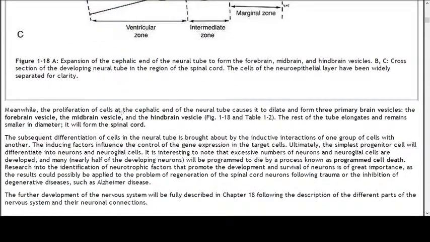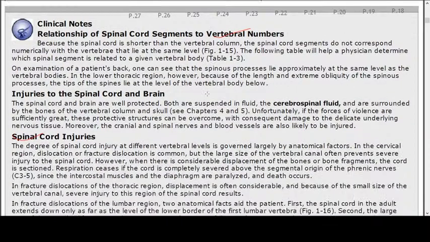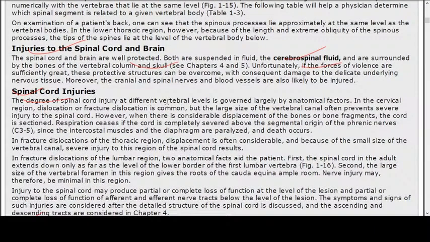Meanwhile, the proliferation of cells is separate, and they form three primary groups. Okay? The middle cells form vesicles, and the rest of the tube remains smaller in diameter and will form a small part. Those are the spinal cord and brain. Spinal cord and brain. So, that's one of those. Skull, because of what is all spinal cord injuries. You have a different level of